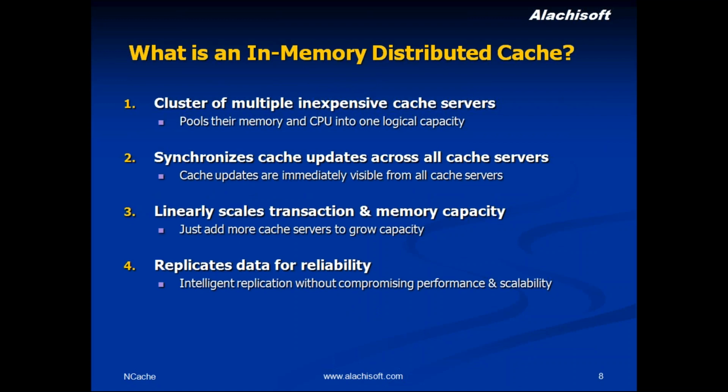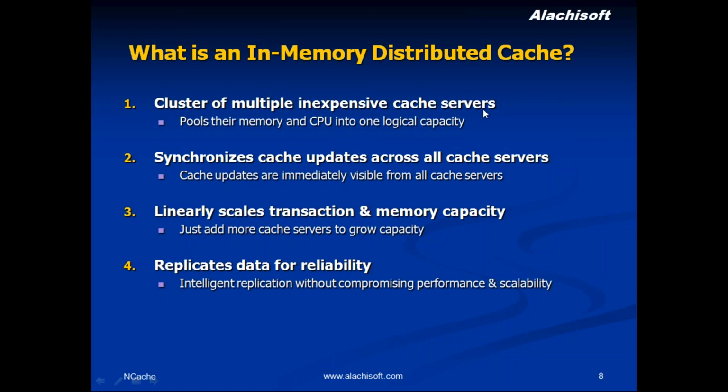Next thing I'm quickly going to do is talk about some basics of in-memory distributed caching systems such as NCache. These are some important characteristics that you would find in NCache, and I expect that this would be part of most of our in-memory distributed caching systems which are available. So in regards to NCache, if I have to define what would be an in-memory distributed caching system, it is